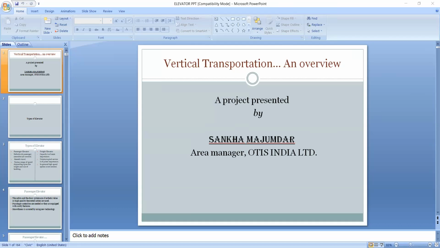Before we start, just to understand, an elevator is a human transportation device which works against gravity. Except elevators, none of the other mass transportation devices work against gravity. So this is a unique thing regarding any elevator.